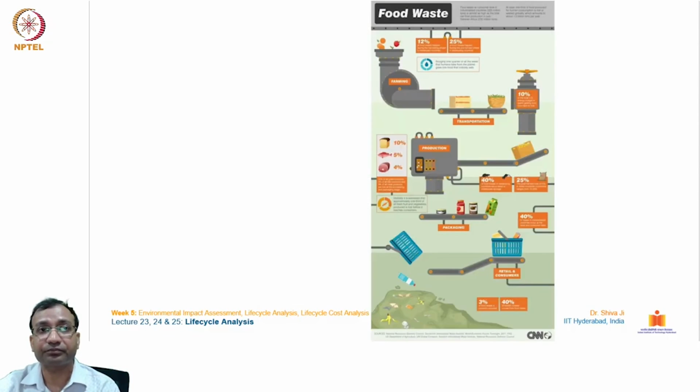Okay, for food waste, let's see how food waste works. We may have seen in our dining halls in institutions, campuses, or even restaurants, hotels, etc., there is always a certain percentage of food which usually gets discarded. Food is a very costly material, not just the monetary cost which we pay from our pocket. Food has a lot of cost on the ecology, on emissions, on transportation, on energy and resources,